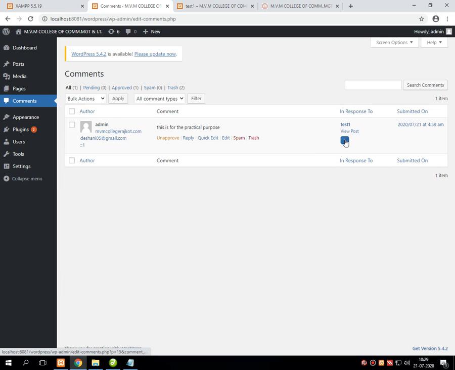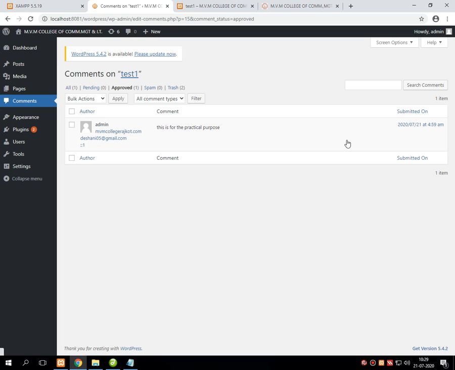So over here at the server side, you can see one post came in today's date, that is 21/7/2020. Whenever we click on this particular comment, it shows your comment onto the server side.